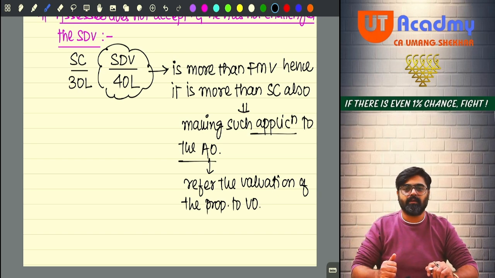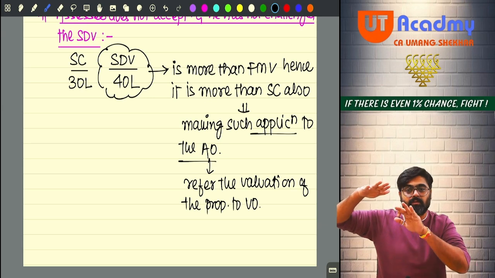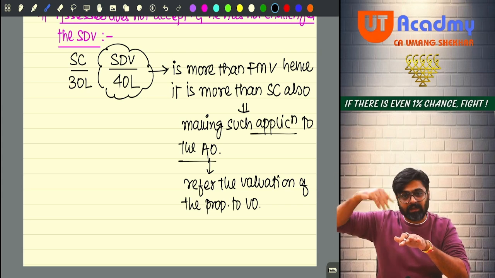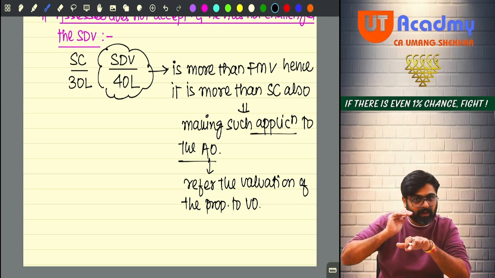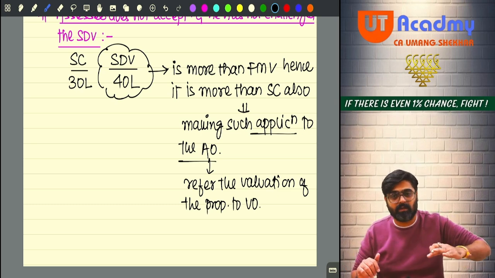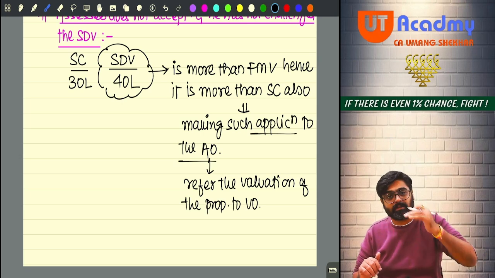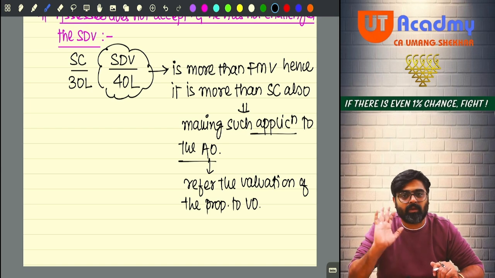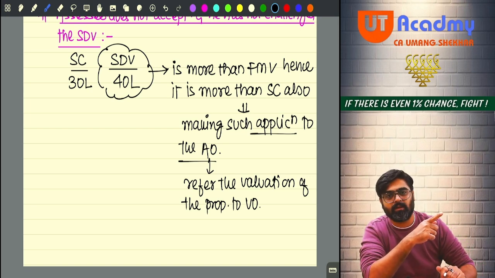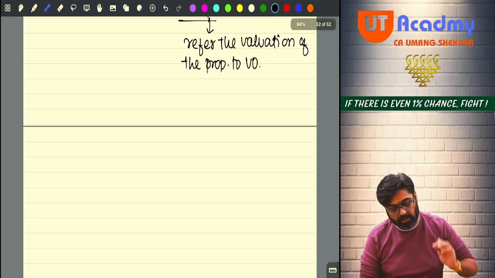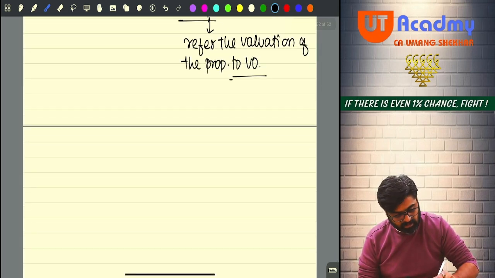The assessee is saying that the stamp duty value of the property is higher than the fair market value, and as a result of the lower fair market value, he is getting a lower sale consideration, lower than the stamp duty value. So whether the assessee is telling us the truth or lying to us, you are the only correct person who will go and determine the correct value of the property in the market. So now the VO will go into the market and determine a value.